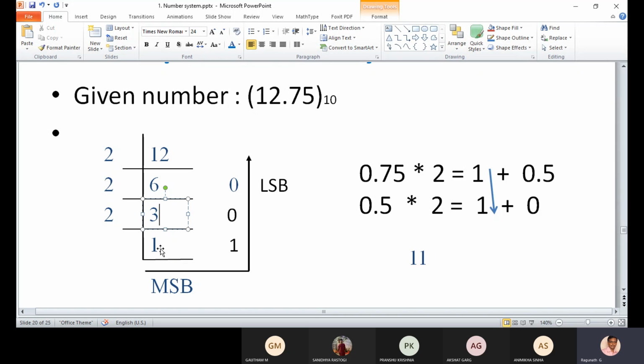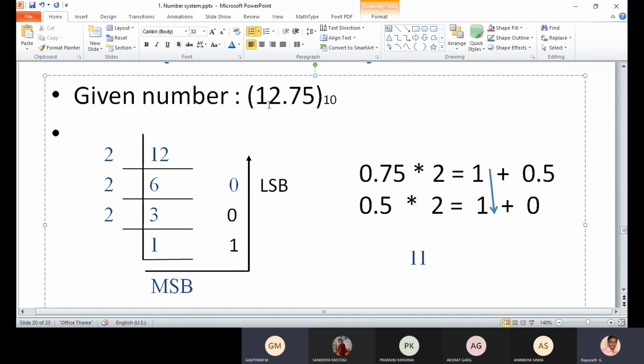If I go for one more, what is the quotient? Quotient is 1 and remainder is 0. Can I go one more iteration, or should I stop here? We should stop, because 1 is less than 2. Okay. Now if it is a whole number, we should divide by the base of the destination number,